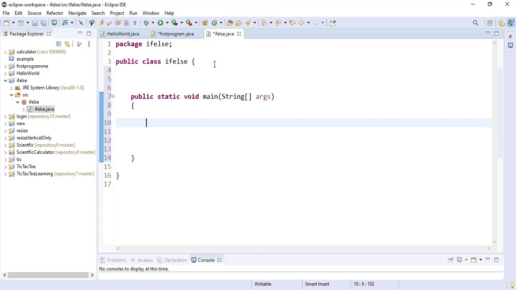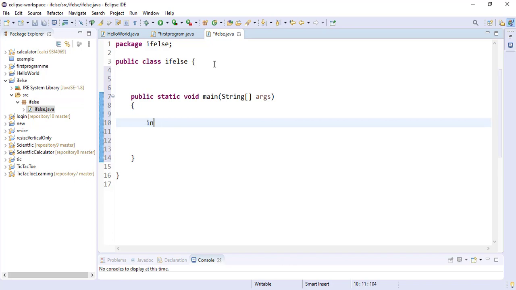So if else is used whenever you don't know what the output or the feedback coming from the user will be, but you want to perform a certain thing if something certain happens. In that case we have to use if else. So hope you understand why we need to use if else, and if else is the most important concept of every programming language, not only Java. So let's create an example and see how to create a program with if else.